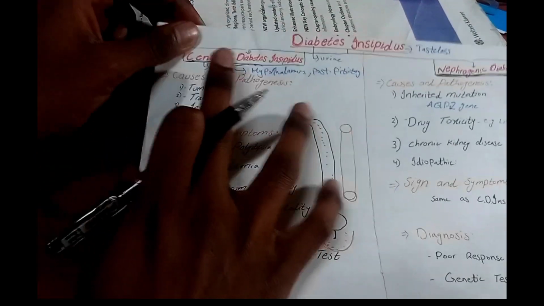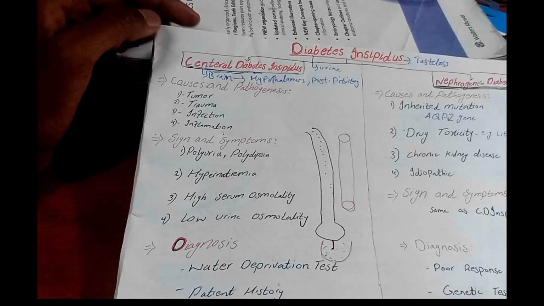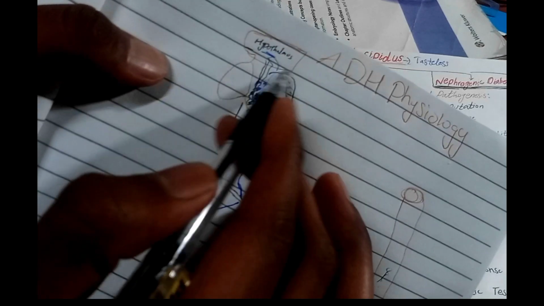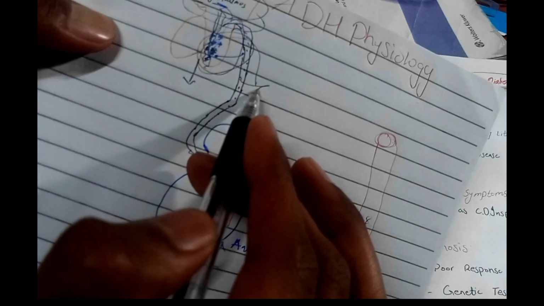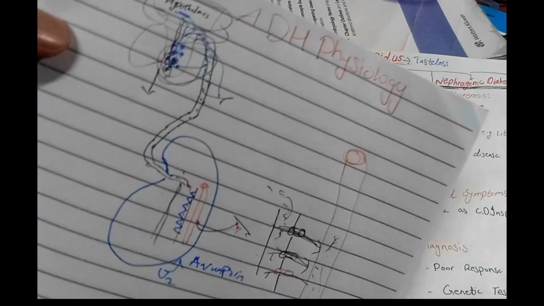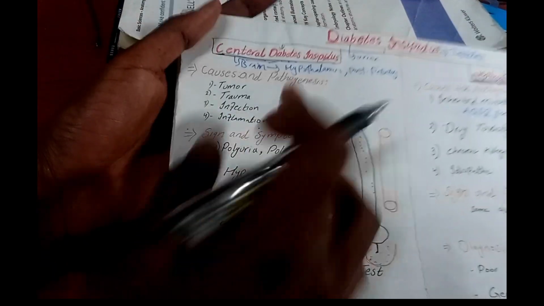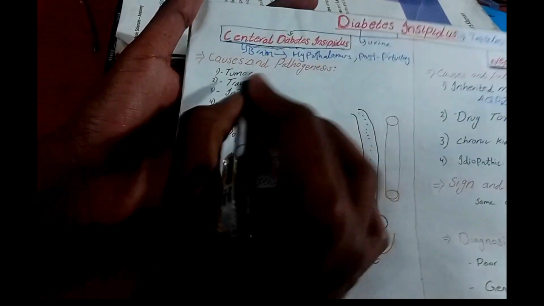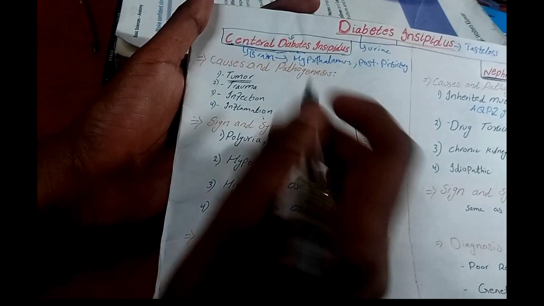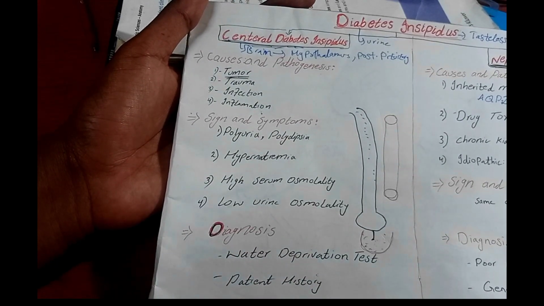How? First of all, we are now discussing central diabetes insipidus. In central diabetes insipidus, I said that this occurs due to a problem in the hypothalamus: either the hypothalamus is not making ADH hormone, or the posterior pituitary is not secreting it into circulation. Maybe both. It may be a hypothalamus problem, it may be a posterior pituitary problem. Why does this problem occur? First we discuss its causes and how they progress to central diabetes insipidus. It may occur due to a tumor, any tumor of the hypothalamus or any tumor of the pituitary gland